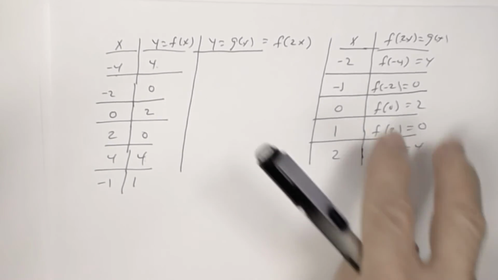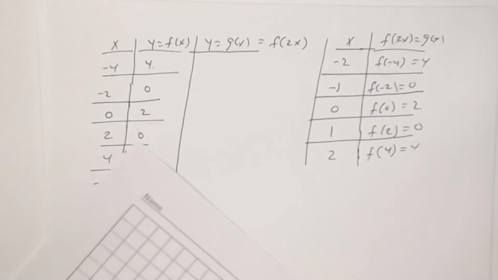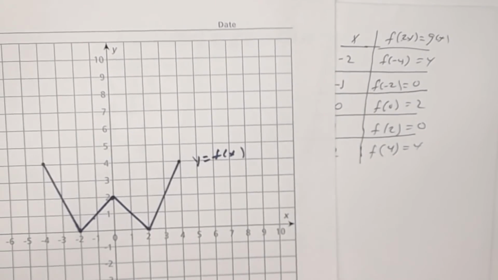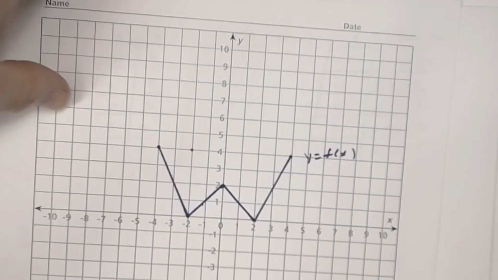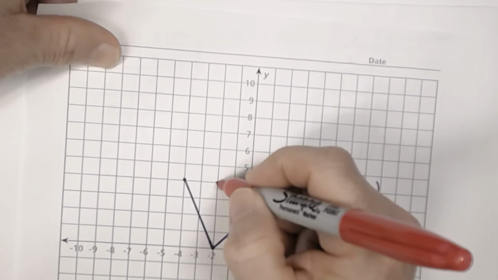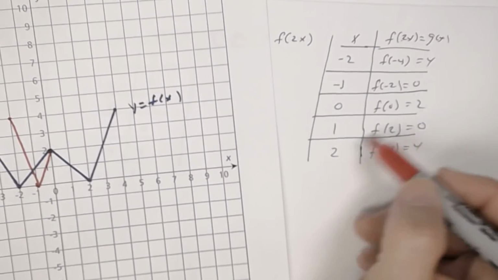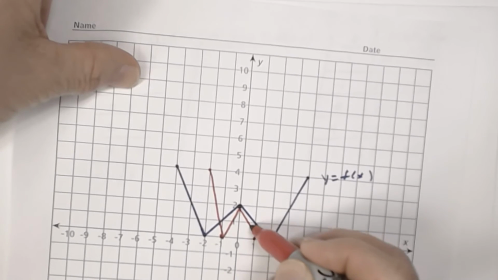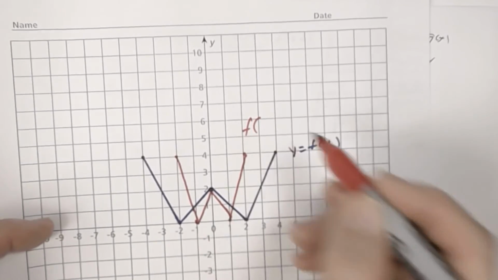So I'm going to plot these points, okay? So I'm plotting those points. So I'm going to do that with a red graph. So I'm plotting the point negative 2, 4. So negative 2, 4 is this, okay? Then I'm plotting the next point, which is negative 1, 0. Negative 1, 0, which is here. All right, so then this becomes this, okay? Then I'm plotting the point 0, 2, which is here. So I get this. And then 1, 0, which is here. Okay. And then 2, 4, which is here. All right. So this right here is g of x,